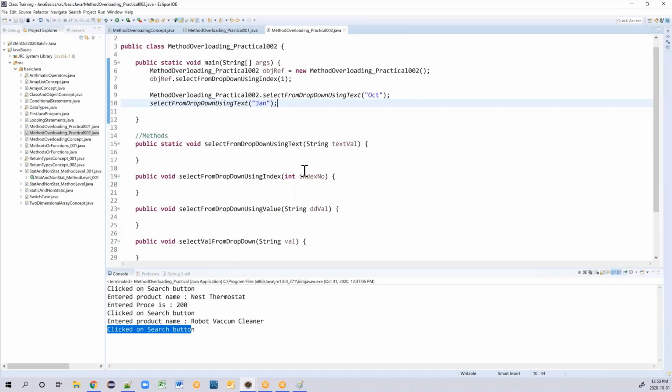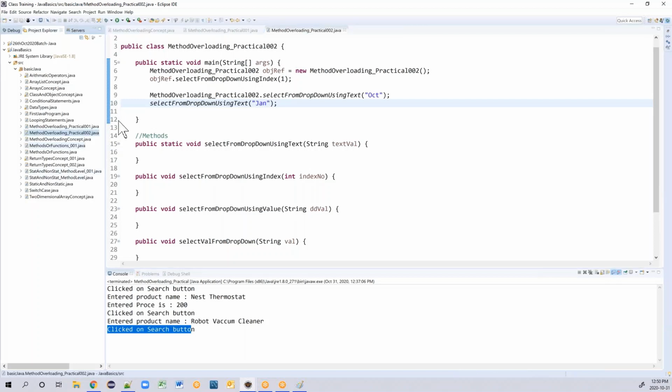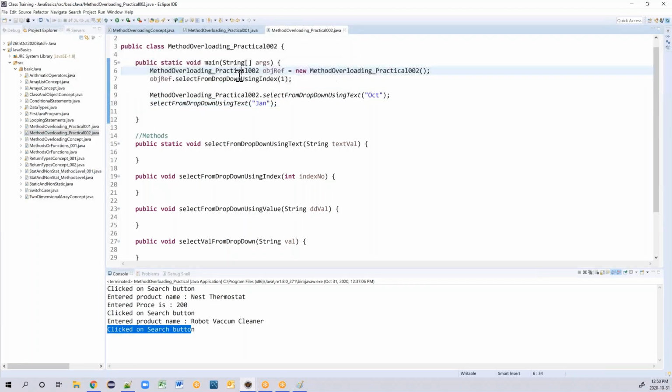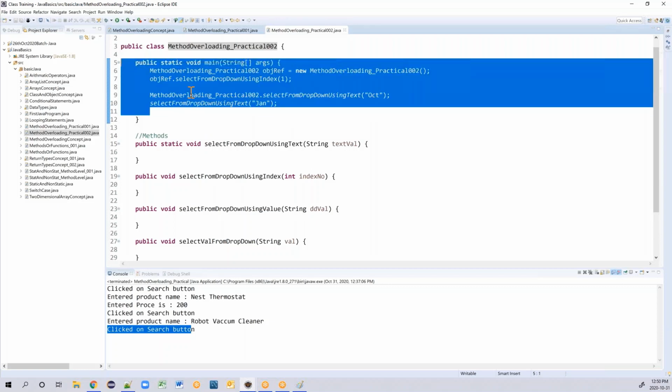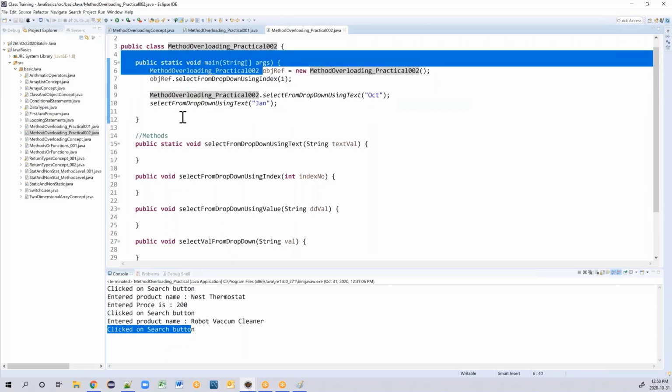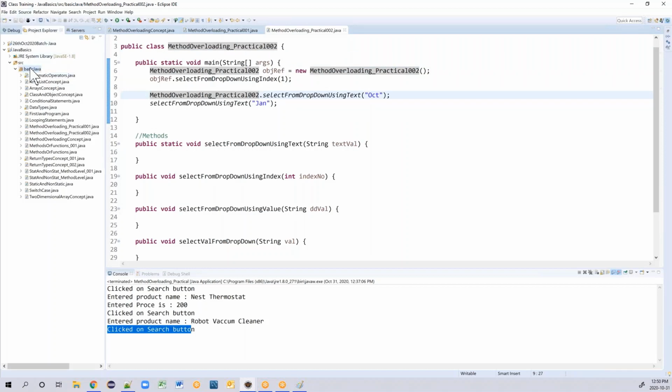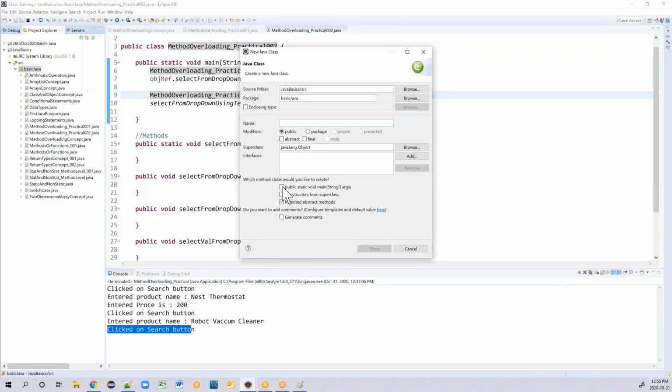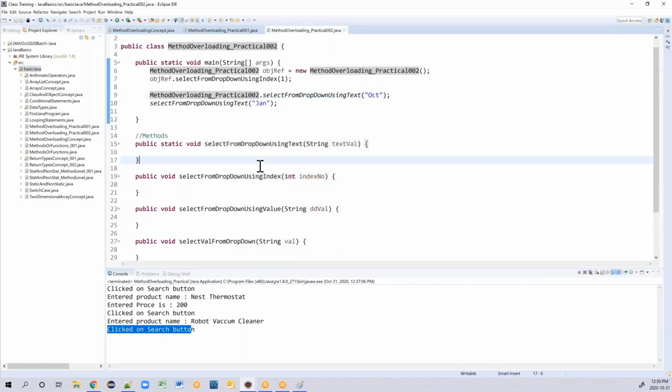Got it, I would have made some mistake then. Maybe you missed main, that could be the reason. If you are calling it inside main, it should work. Just check that you have main or not. Usually when we create a new class like this, we forget to select it. That is a common mistake we make.